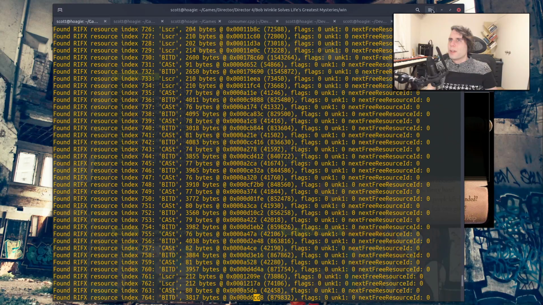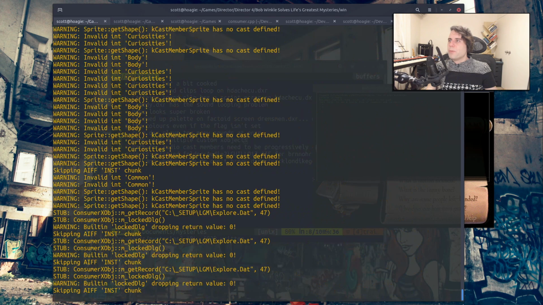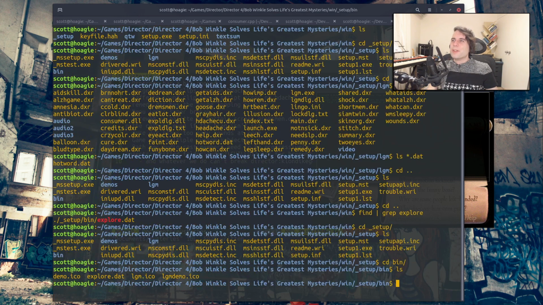Was this where I was running the game? Yes, it was. Yeah, apparently not looked for. Maybe it'll be looked for once we get past this bit. But given that this is a custom one-off X object for this game, we can probably make a bodge to find explore.dat in the right spot. So,